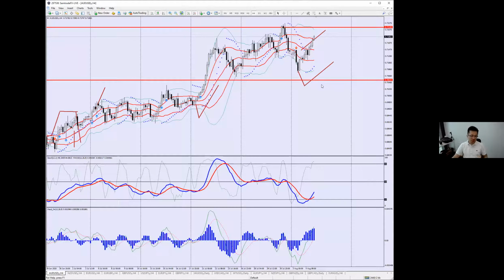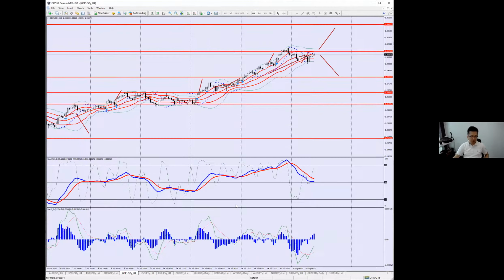Okay, so a very quick recap on the pound, still pending that move at resistance level. Euro still pending the move at resistance level. We've seen more than 60 pips on the Euro US, actually significantly more than 60 pips, and about 60 pips on the Aussie US dollar already. So it's been a great trading couple of days.